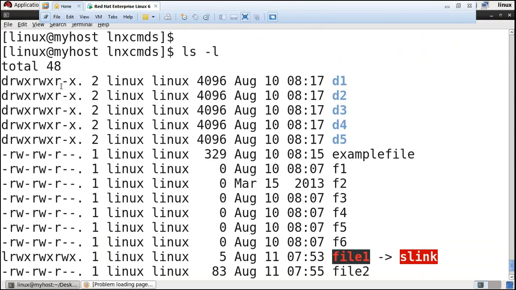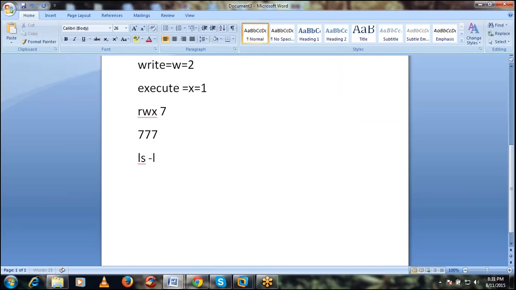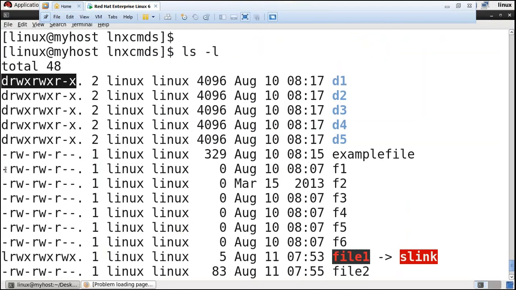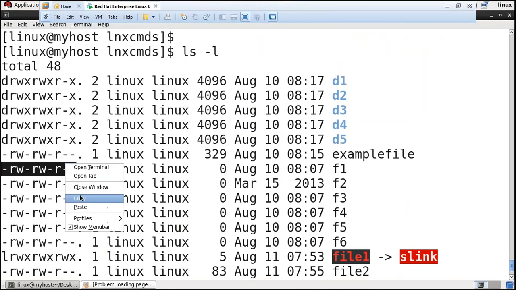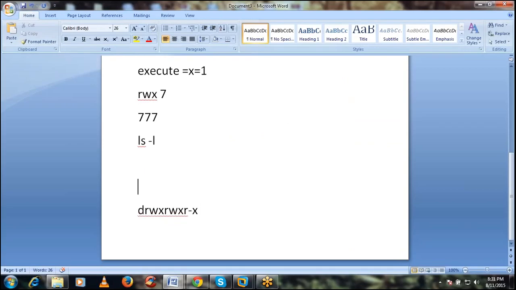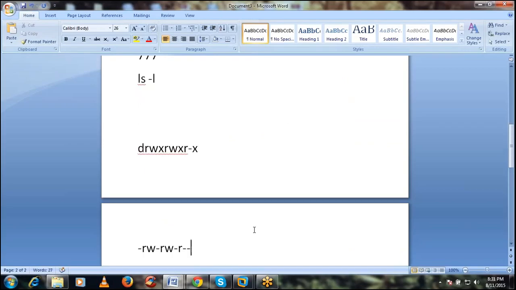Let's see the default permissions, first for a directory when you create it, and later the default file permissions when you create a file.